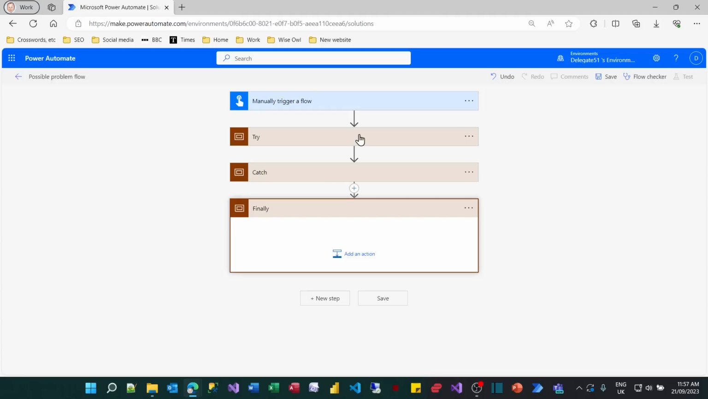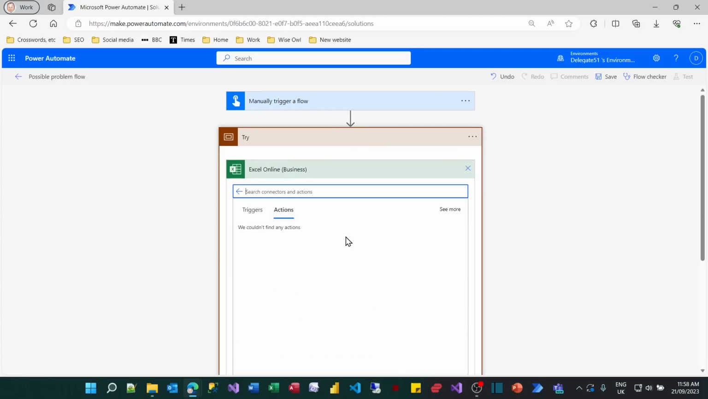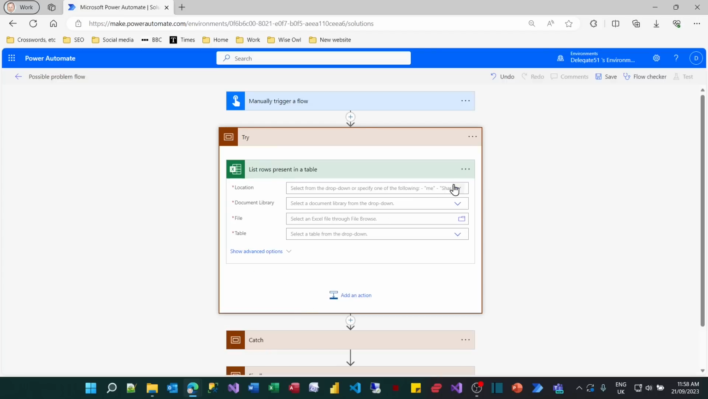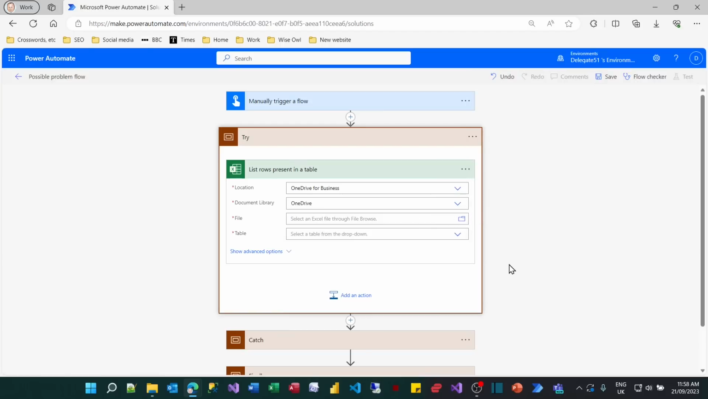What I then need to do is make sure an error occurs. So what I'm going to do is add an action within this to import some data from Excel. I'll choose list rows present in the table. You could choose any action which triggers an error. I've just gone for something which I know will work. So I'm going to go to an Excel file. Any file will do, providing it contains a table. I'm going to go to a list of films I created earlier, choose the table. All of this will work